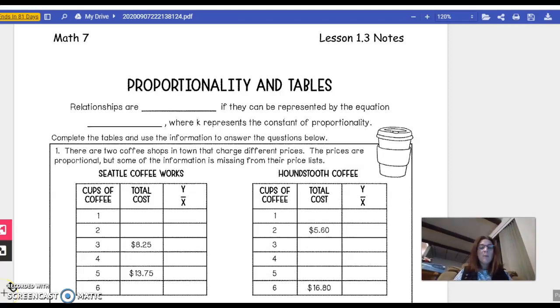Hi guys, lesson 1.3 is on proportionality and tables. We're going to take that idea of proportionality that we were working on in the last lesson and extend it into tables. How can we find proportionality in tables? So, first of all, relationships are what? Well, relationships are proportional